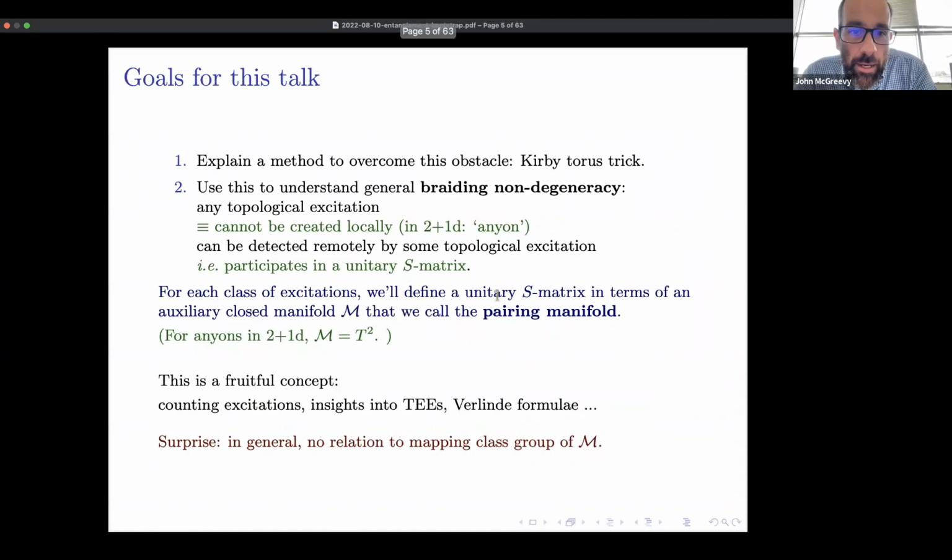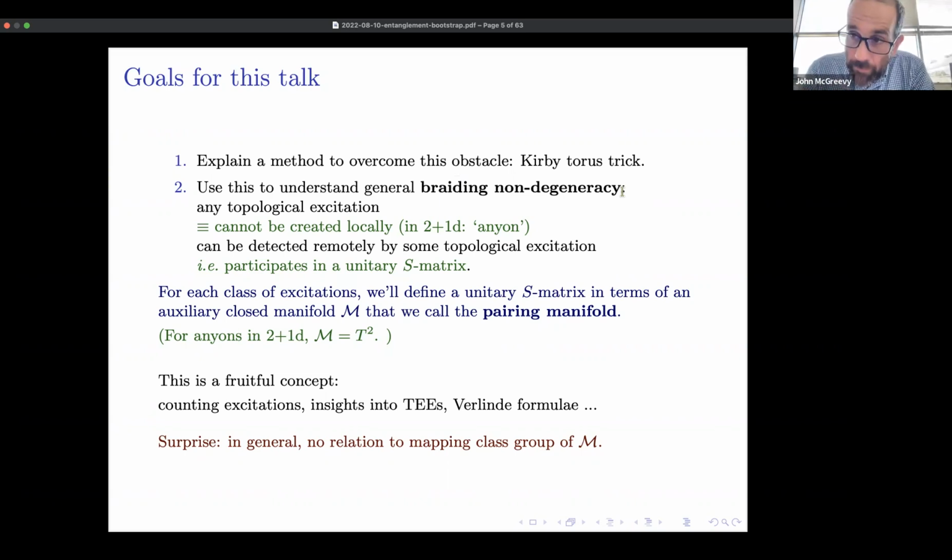So my main goal in this talk is to explain a method to overcome this obstacle, which is a sort of quantum avatar of what's known in topology as Kirby's torus trick. If you don't know what that is, I'll tell you. And then I want to use that technology to understand what might be called braiding non-degeneracy or remote detectability,